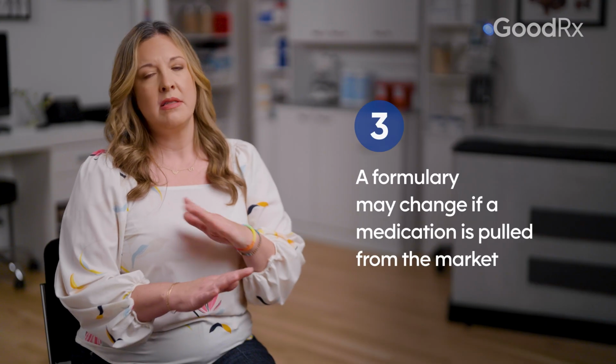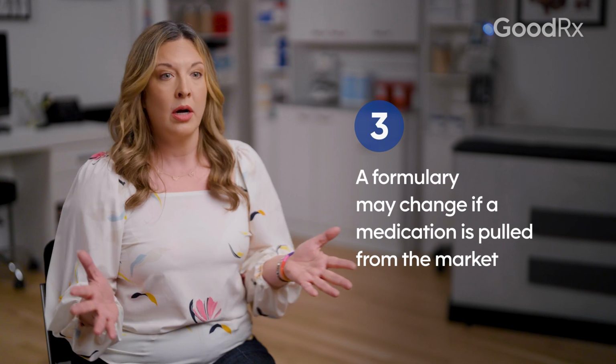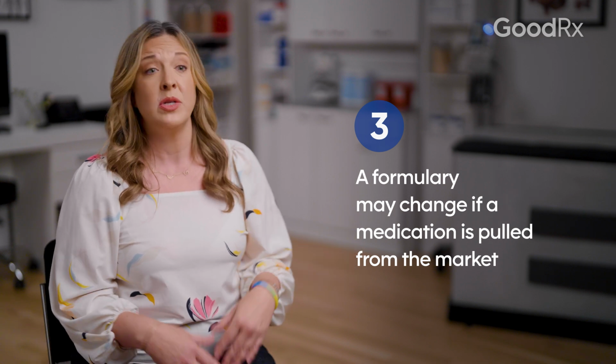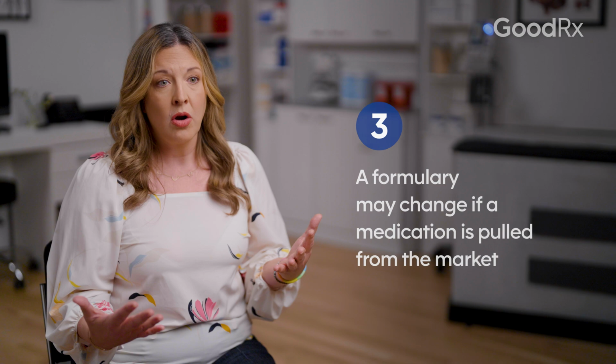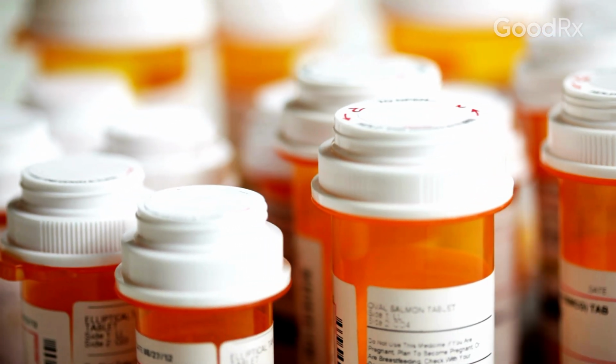The third, and this is the least common, is if for whatever reason your medication is no longer an FDA-approved medication. If it's been found unsafe or to have side effects that are harmful and it's been pulled from the market, it's no longer going to be covered by your insurance, but it also won't be available from your pharmacy